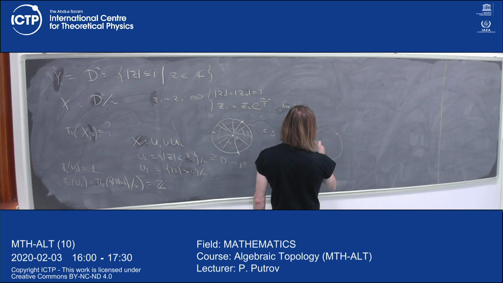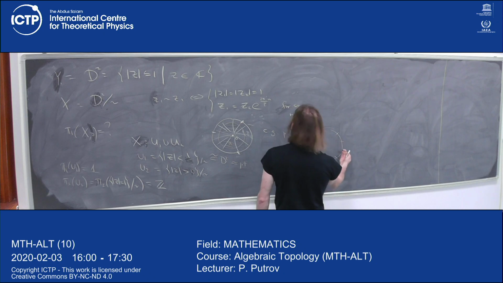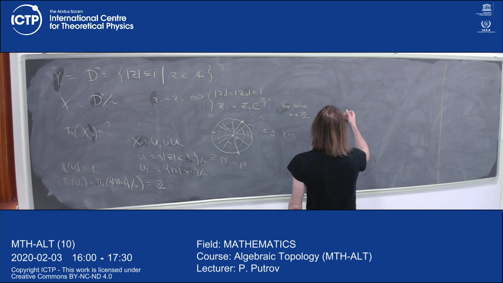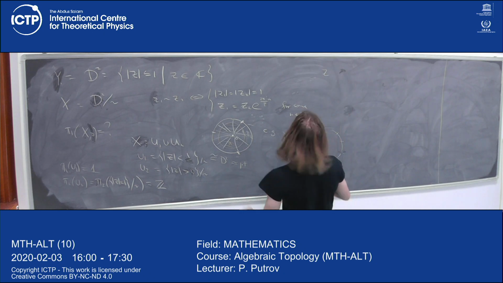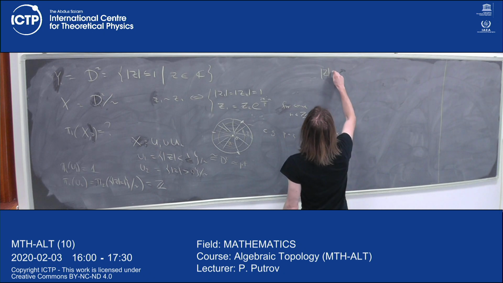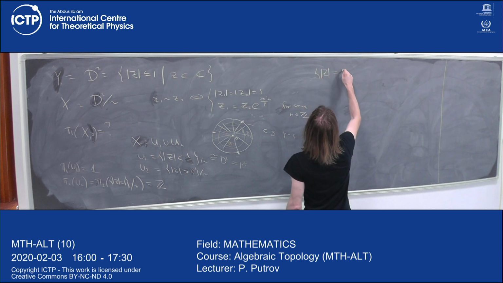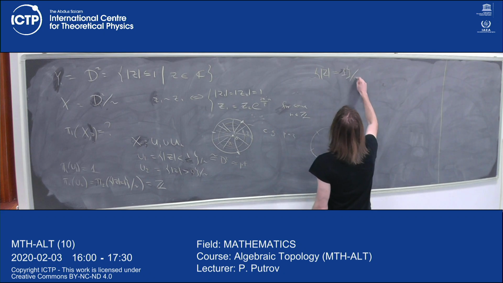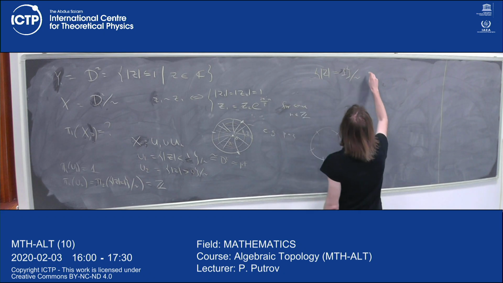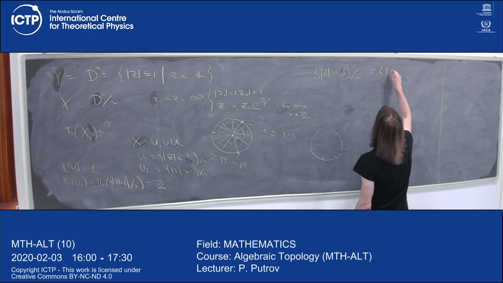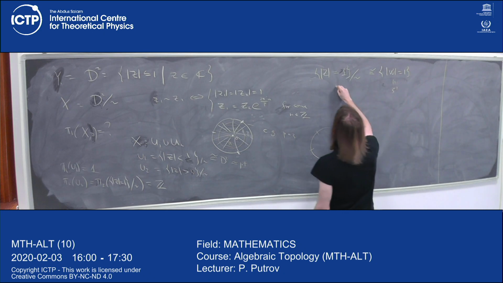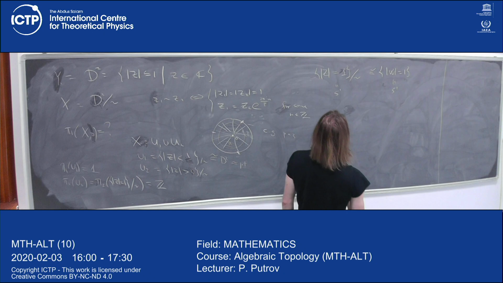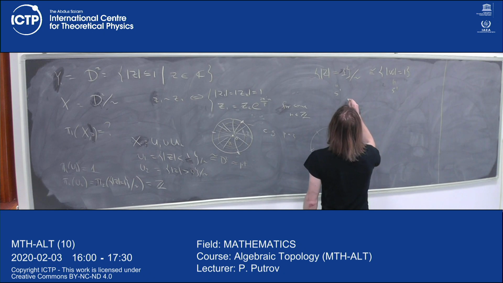If you want to be more explicit, the circle divided by the equivalence relation is homeomorphic to another circle. This homeomorphism can be realized by taking